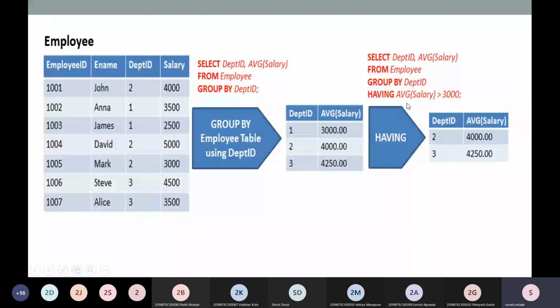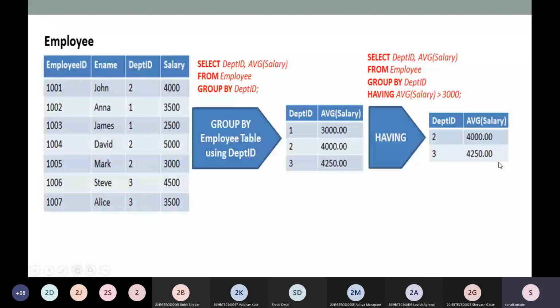So I will pass a query: select department ID and average salary from employee, group by department ID, having average salary greater than 3,000. I'm not writing greater than or equal to, I'm writing greater than, so the 3,000 count will not come in the result. So two rows will get displayed: the second row 4,000 and the third row also 4,000. This is the having clause.